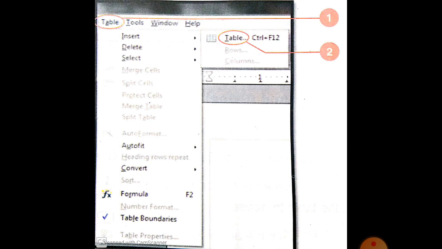Step 1, click the table menu as you see in the picture. Step 2, click on Insert and then select the Table option. The Insert Table dialog box opens.